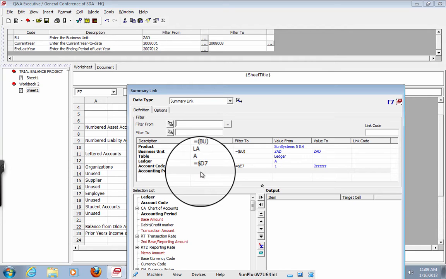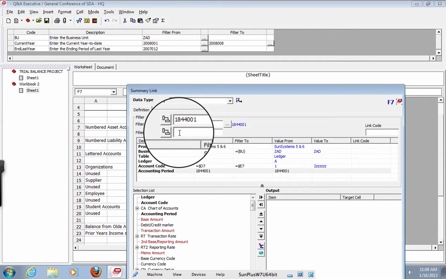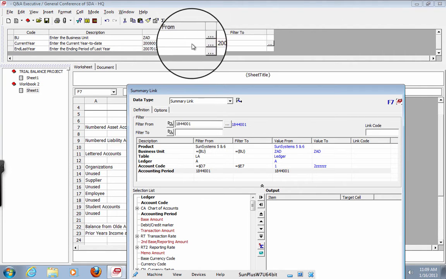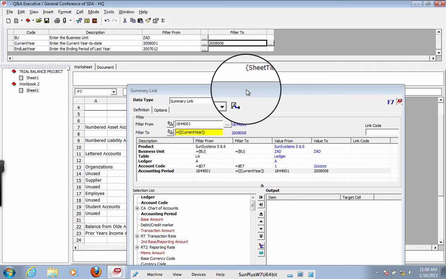So we want to pick up all of the transactions from the beginning. Not the beginning of time, just the beginning of the Adventist church, from the beginning of the organization. And so we know that no Adventist organization was started prior to 1844. And just relax if you're too bothered by me using that. We just want a date that goes far enough back prior to the Sun implementation. And so we go, and then we're going to put in this date right here to capture our balance sheet